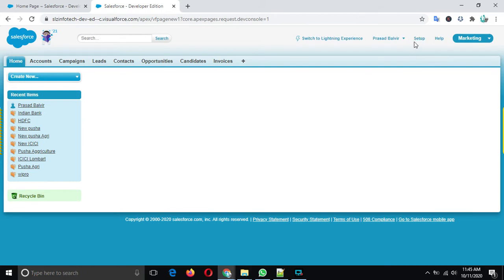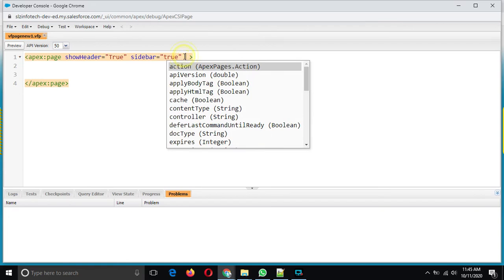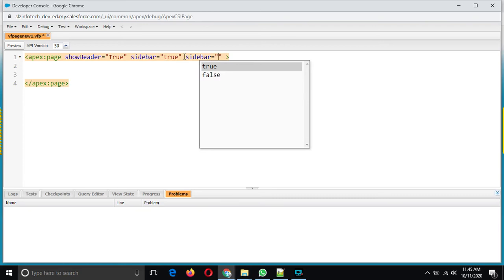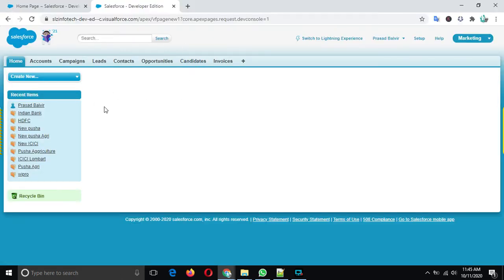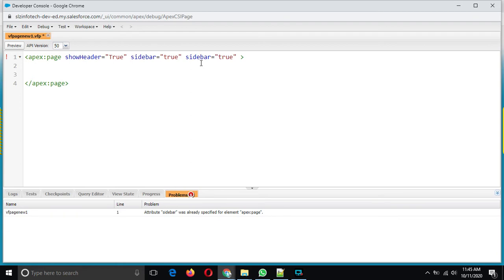Okay. Now, you want to set up this setup menu. What are the standard features when you open any administrator tab? If you want all the buttons, all the features, all the options in the left side sidebar, then you have to put sidebar equal to true.